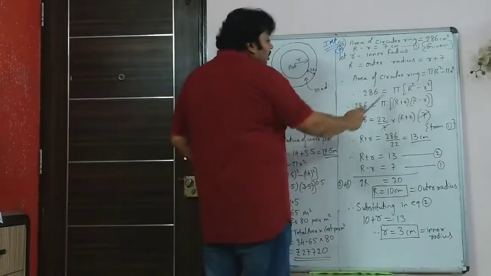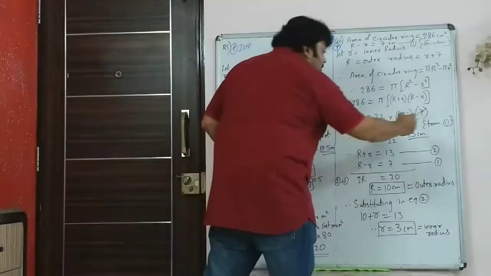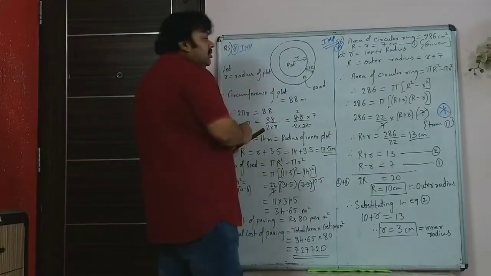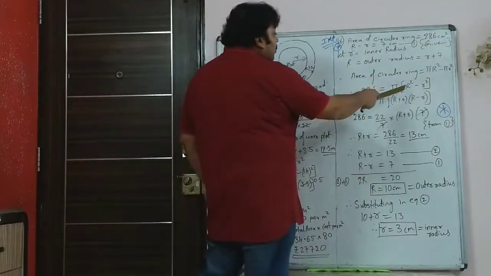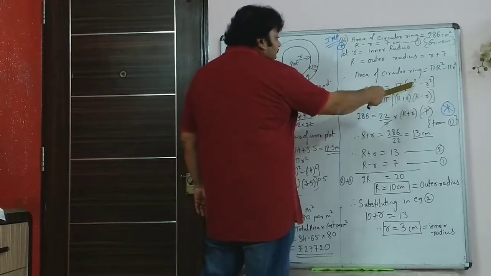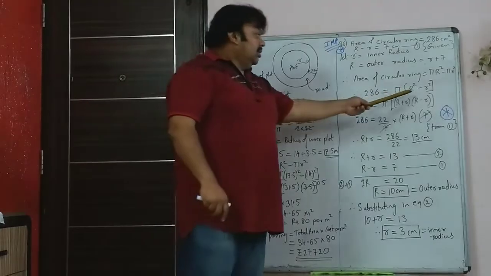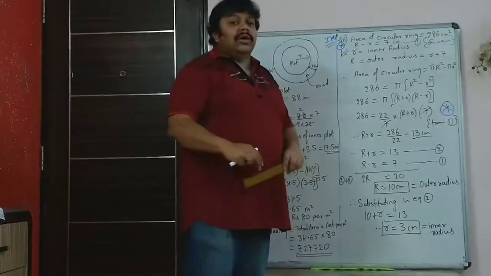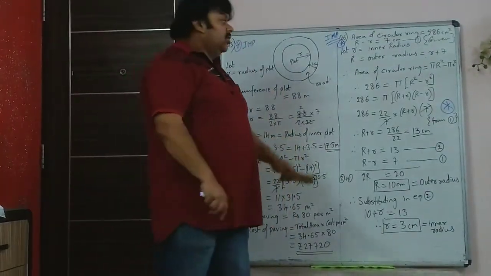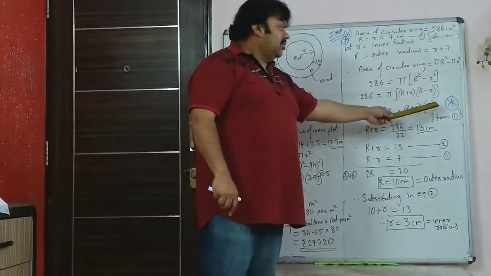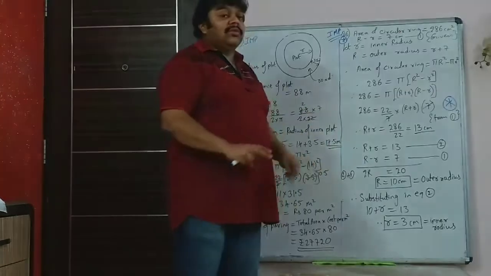This is an important step out here which you have to remember. Sometimes what students do is they try to calculate after putting all this. You try and write r plus 7 and all those things, then you go wrong. To make it one equation and quadratic, all that is not required. You just substitute R minus r is 7 in this equation, and then the sum becomes very simple.